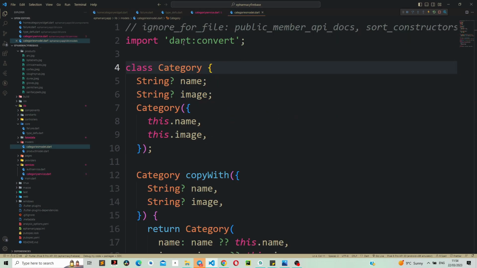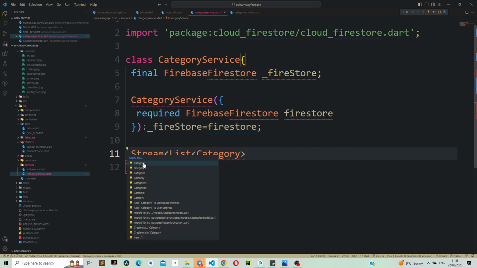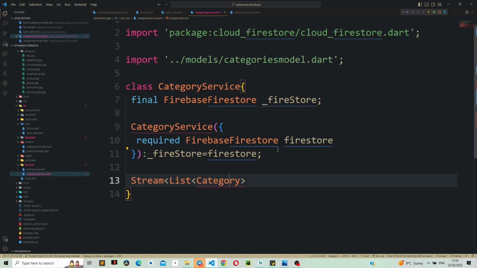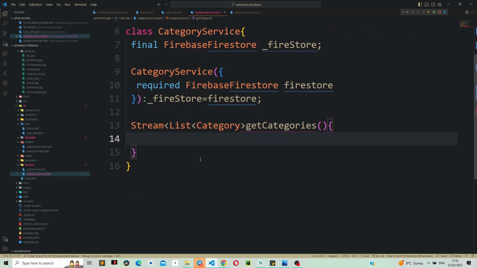Okay, we named it category. I'm sorry, it's supposed to be category. Okay, and then let's import it. And then there's the get categories, and then we are going to return